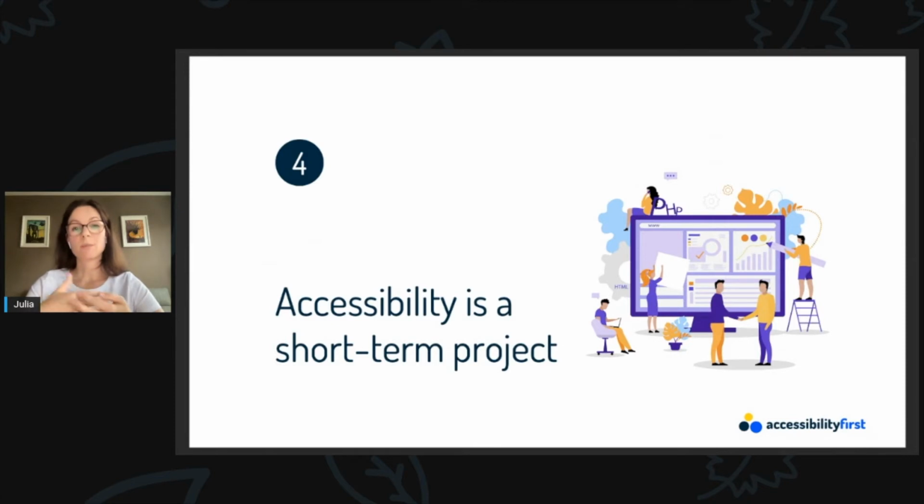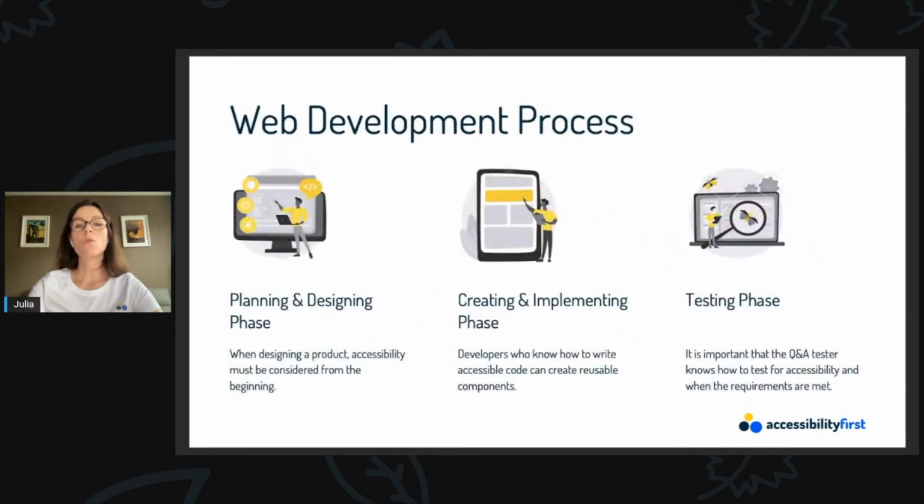As we've seen in the previous myth, some believe that running an automated testing tool at the end of the project is all it needs to be done regarding accessibility. But instead, accessibility should be a part of the whole development process, from beginning to end, from planning and designing to coding and testing, until your project is ready to be released to the world. Let me give you a quick overview of how a web development process should look like.